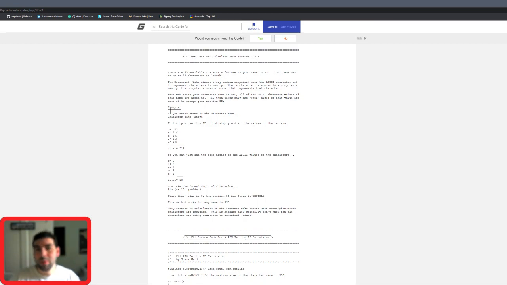Well, we know how the calculator works behind the scenes. This is crucial to our programming. So if you enter Steve as the character name, to find your section ID, you first simply add all the values of the letters. The S is an uppercase, but each of these letters will have an ASCII value associated with them, which we'll have to find somehow. We'll add them up, and then we take the ones digit